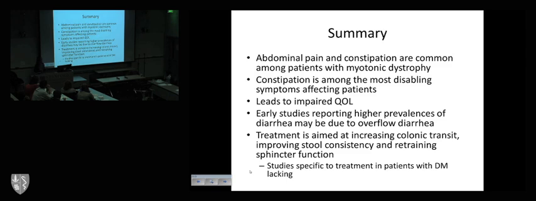And the easiest way to do that is actually do a KUB, or an abdominal x-ray. If someone's having diarrhea, you should not see a large fecal load in the x-ray. So if someone's complaining of diarrhea, you do an x-ray and you see tons of stool throughout the colon, that's overflow diarrhea. And again, when you get an x-ray, the radiologists may not always comment on that, so I always look at the images myself.